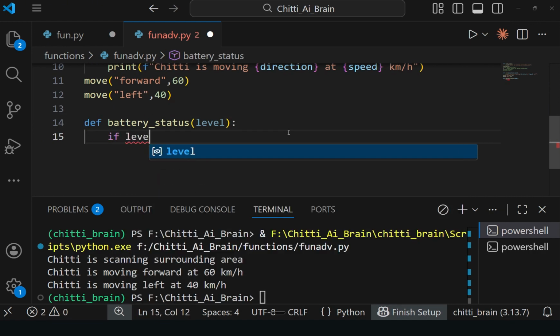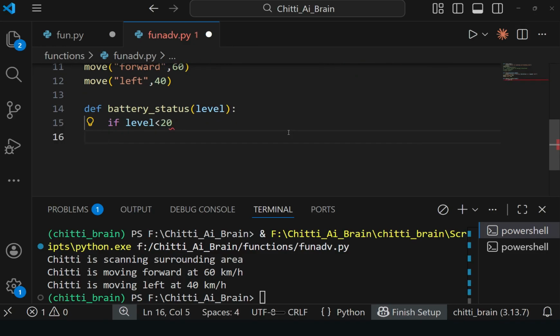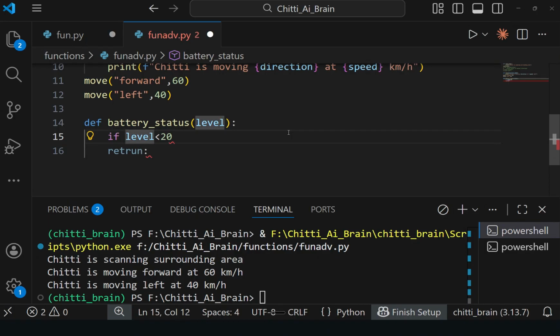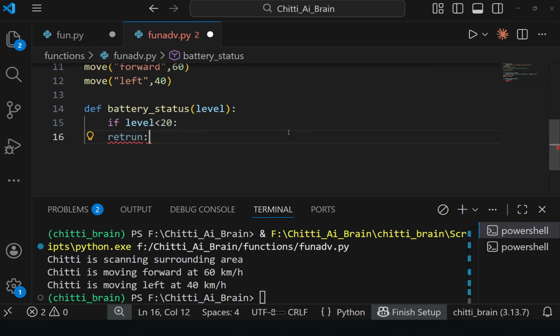If level less than 20, return battery is critical. Here colon not required. Return.